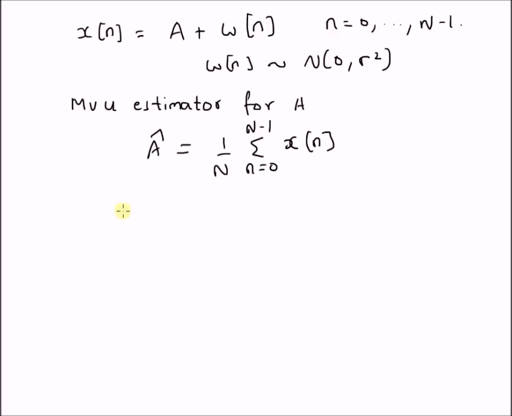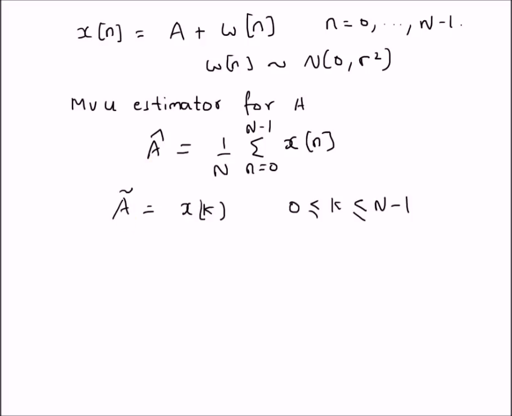For example, a hat is clearly better than an estimator defined as a tilde equal to x of k, where k is a value between 0 and n minus 1. So the estimator a hat and a tilde both have same bias, but the variance is obviously different. That is, a hat has a variance of sigma square by n and a tilde has a variance of sigma square. So because of that reason, a hat is more efficient compared to a tilde.